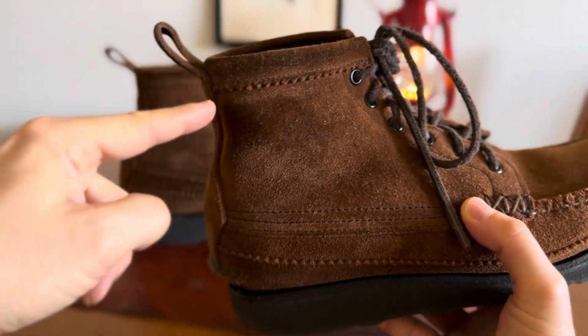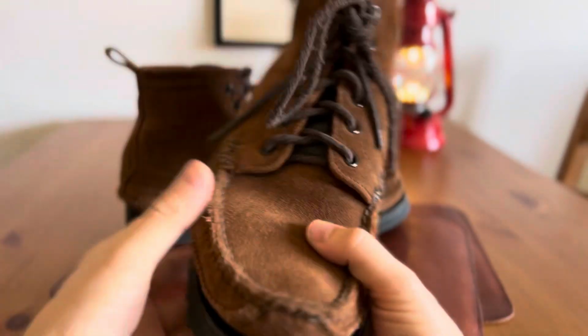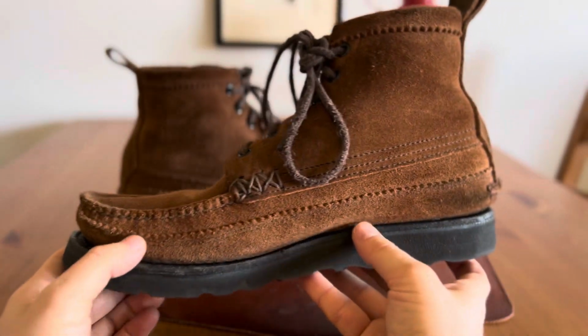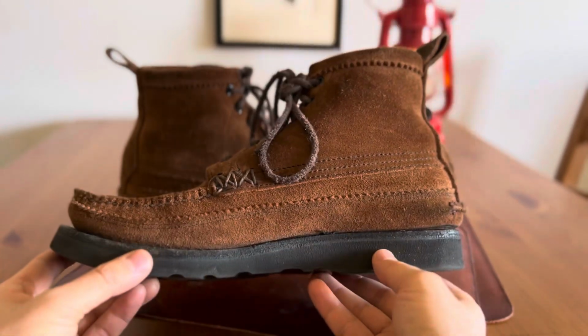I think it's called pinking, right? Is that what that's called? Just that beautiful cut. These retail for a little bit less. These retailed for I think closer to like $600 or something. I got them for less than that for sure. But